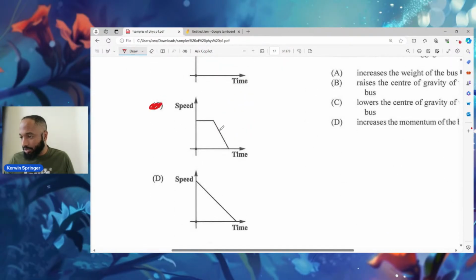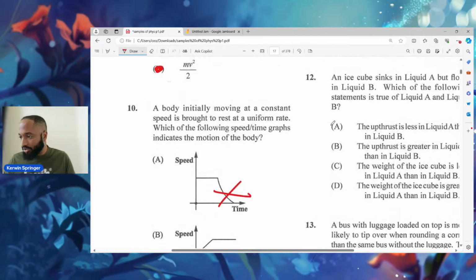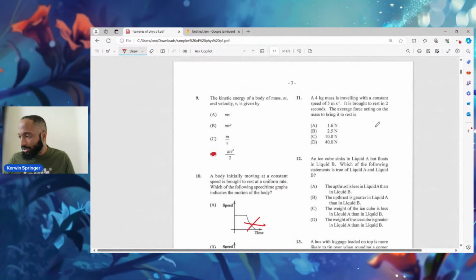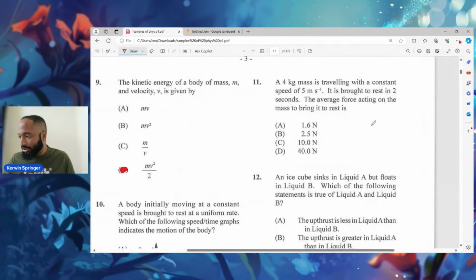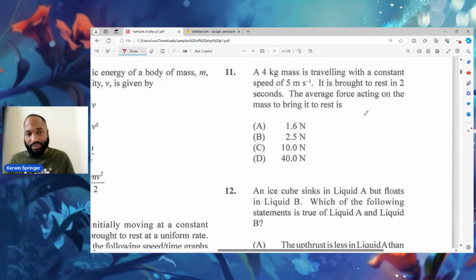So constant speed, brought to rest at a uniform rate. We're just ripping through these first questions, boy. A 4 kilogram mass is traveling with a constant speed of 5 meters per second. It is brought to rest in 2 seconds. The average force acting on the mass to bring it to rest is